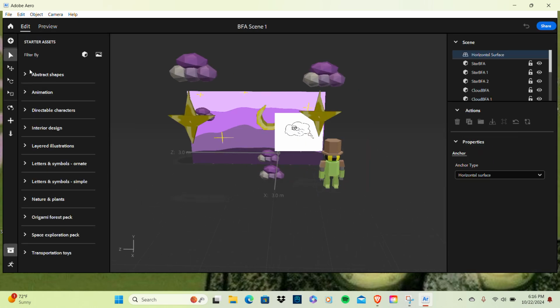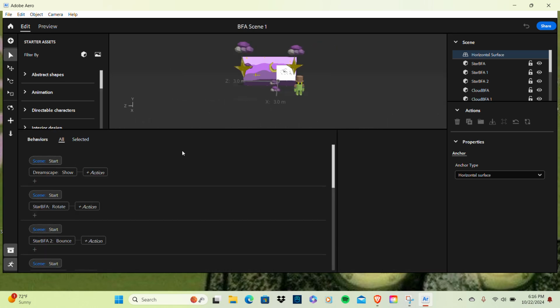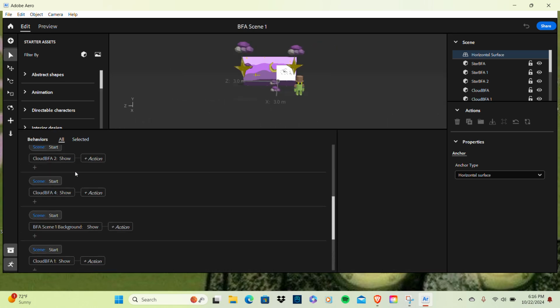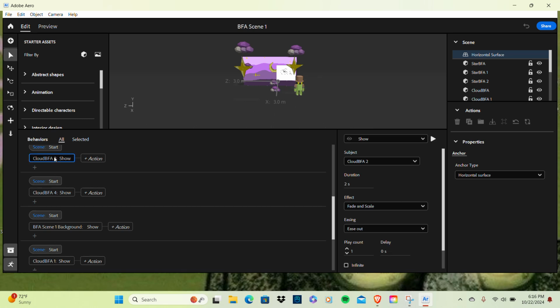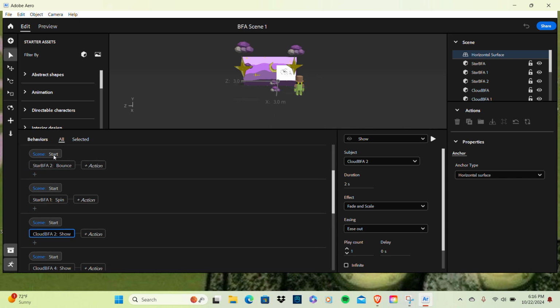So how I made this was that once I was done turning in all the assets, I can go right here to this guy right here, and every single asset has an animation. So if I want to, for one of the clouds up here, I can select an animation or an action. I can set it to when the animation will start. So for example, it starts right as soon as the scene loads, and I can alter the duration, the effect,